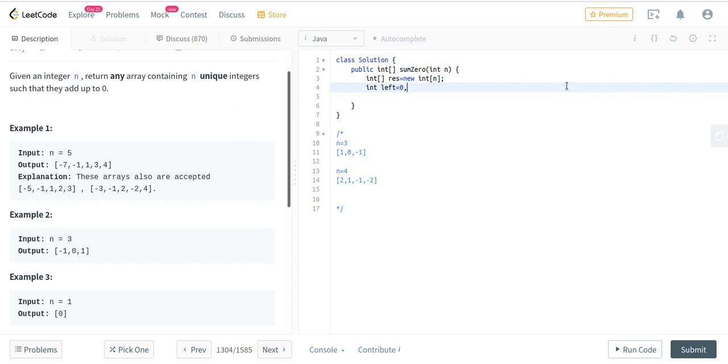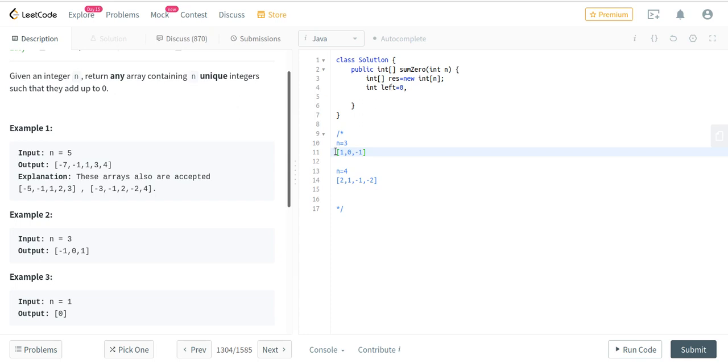This left accounts for the positive numbers that we insert from the left side. Basically our logic in the entire program is that we enter positive and negative integers; positive integers we'll put from the left and negative integers we'll insert from the right. So we are filling the array from both sides.